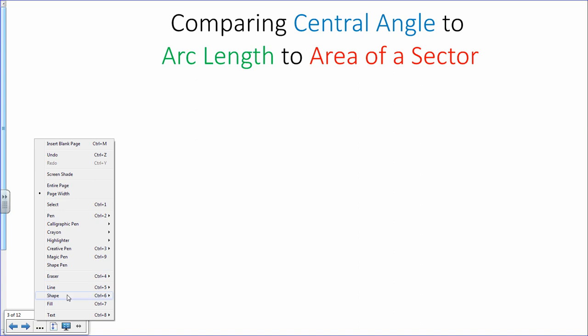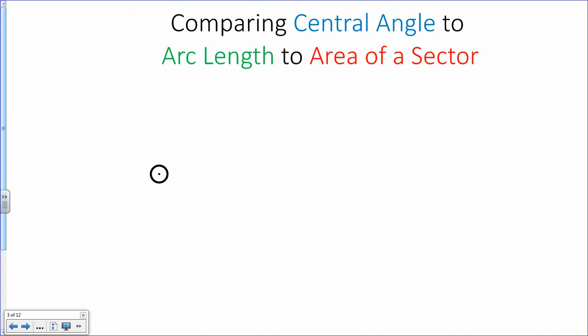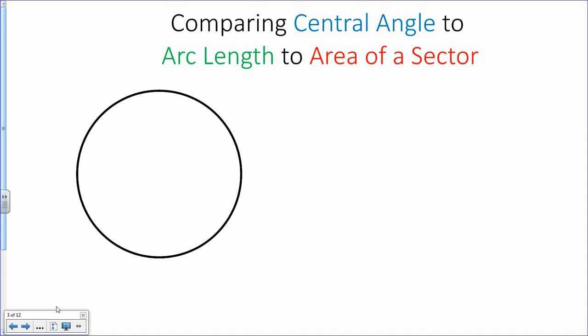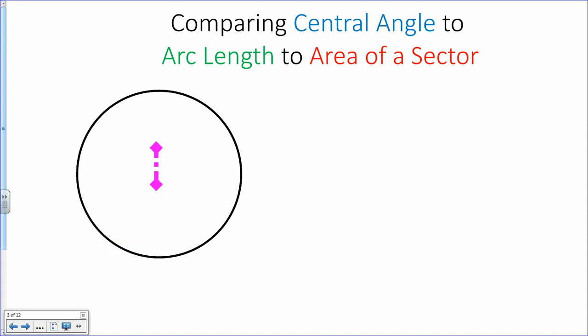I'm going to draw you a picture. Again, you can pause this video as you need to make sure you have plenty of time to do it. If I have a circle and some random central angle, remember with that your vertex is at the center here. We don't necessarily know where it's at. I'm just going to draw a random one. This central angle